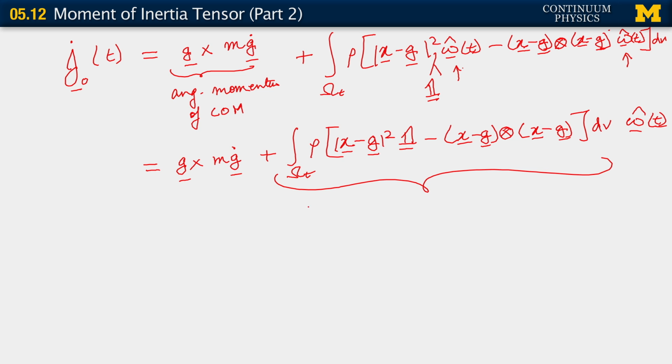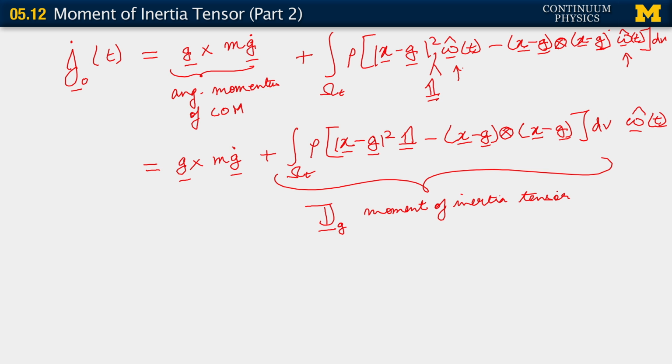First of all, we're going to denote it as a special J sub G. Okay, do you recognize it? Do you know what this thing is called? It is the moment of inertia tensor. Okay, so this is the moment of inertia tensor,